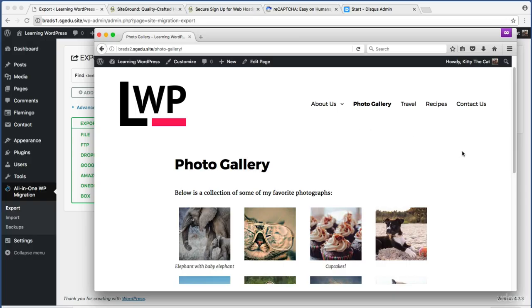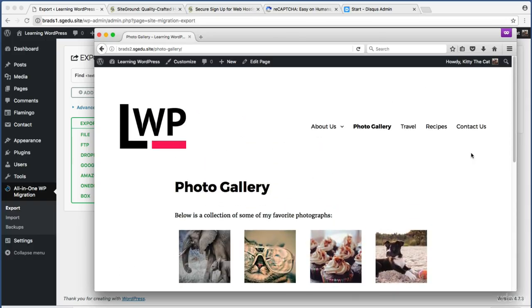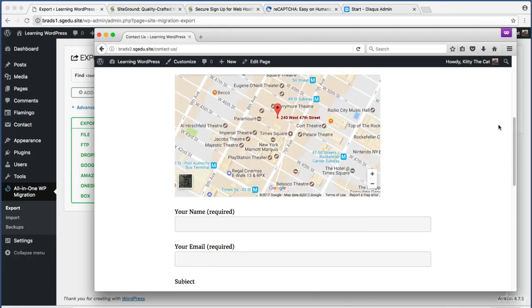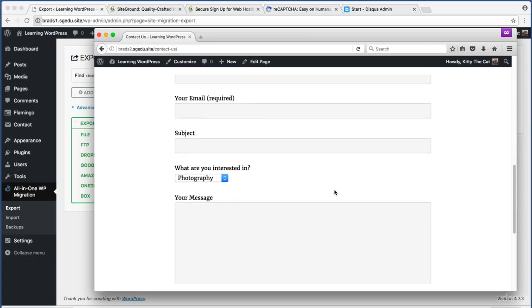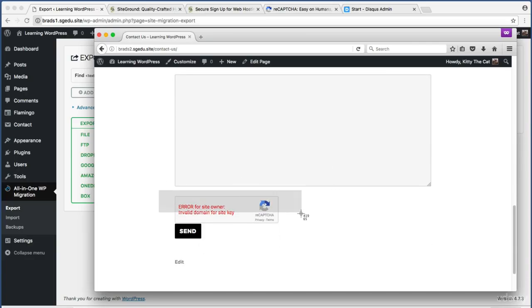Now at this point, the core of my new WordPress website is running perfectly, but before we bring this lesson to a close, let's not forget about any third-party services that we are relying on. So for example, if I click onto the Contact Us page, remember to prevent spam bots from filling out our contact form, we are relying on the service named reCAPTCHA. Remember a few lessons ago when we first set up reCAPTCHA, we had to generate secret API keys that were tied to the domain name we were using. So in this case, because my new website is Brad S2 instead of Brad S1, the reCAPTCHA API keys are